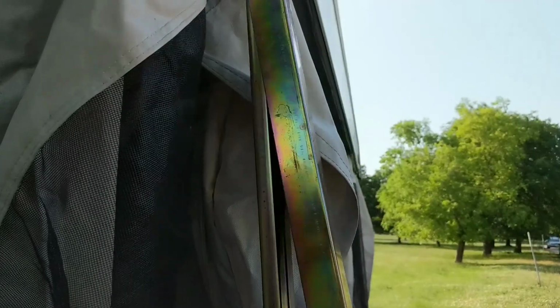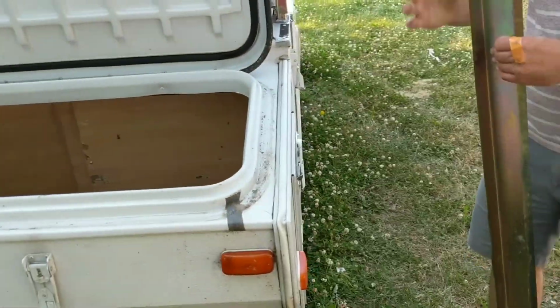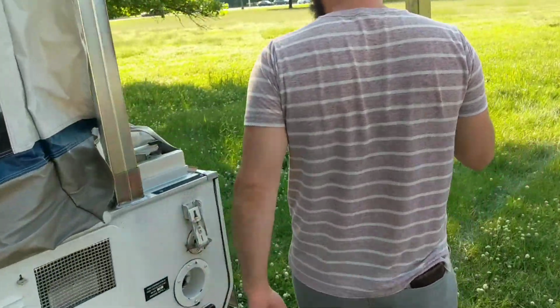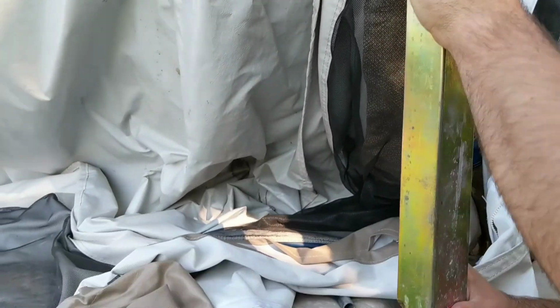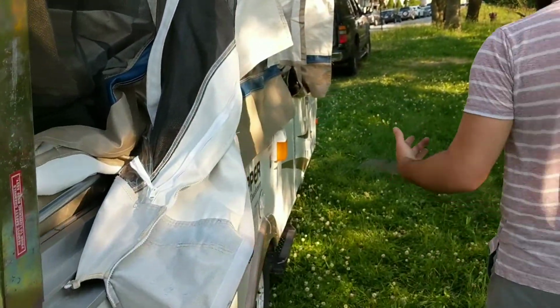You tuck this sharp part, here I'll do it again just one more time. You kind of guide that sharp part, tuck it up in there, and then clip it on. And it should just look like that. And that is a support. And then what I'm going to do is bring this one to the opposite side. Again, taking the sharp part and gliding it up in there and clipping it on. And then we're going to make our way back to the storage area